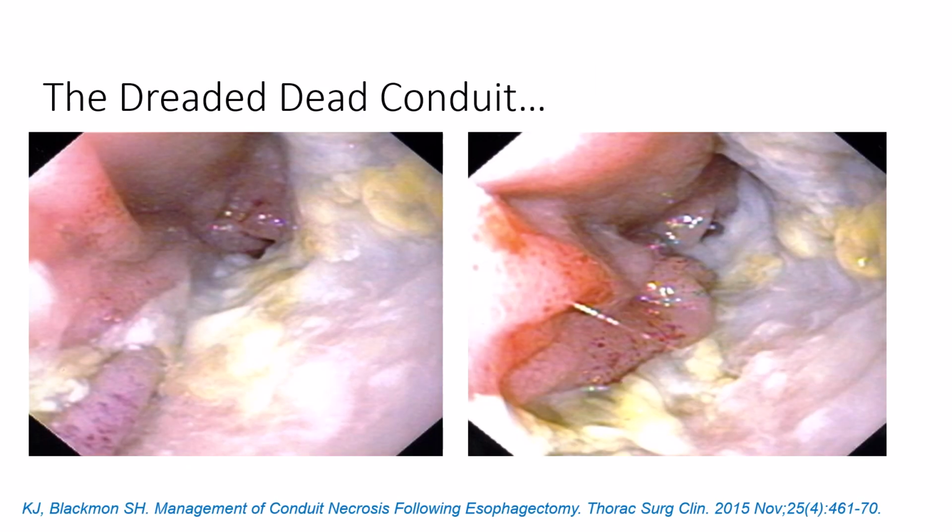This is a patient of mine who had the dreaded dead conduit. She had a gastric conduit brought up after she presented to an original surgeon with a problem of a leiomyoma within the esophagus. The original surgeon performed resection of the leiomyoma, but she developed an uncontrolled, uncontained leak. She had florid sepsis, and when they tried to treat the leak, she continued to leak and ultimately required esophagectomy